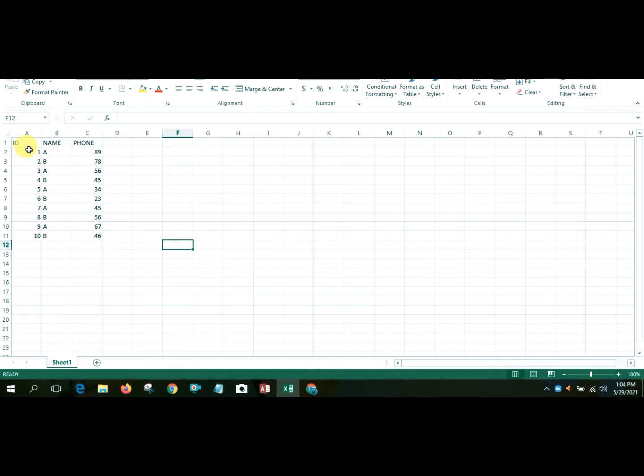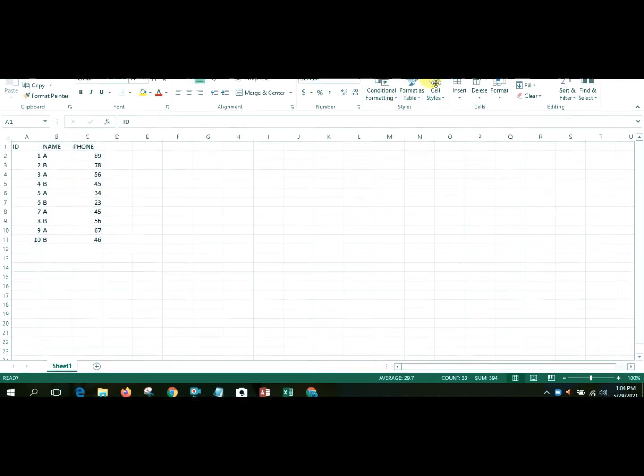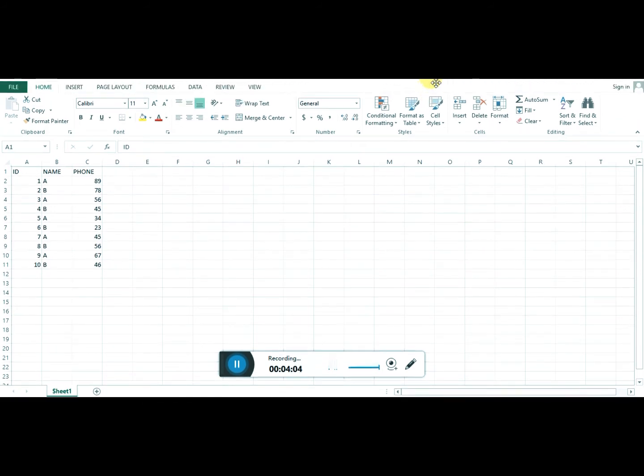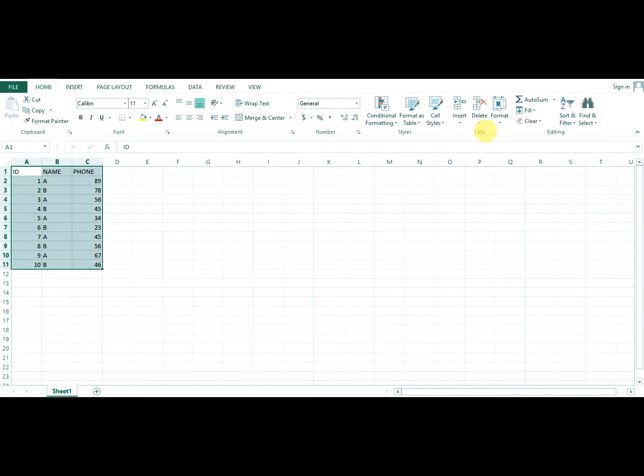Select the table, after that click on the Home tab. Next, on the right side you can see the Sort and Filter option. We already discussed sort in the last class. So now filter. I want to use filter, so click on filter, and you can see the filter is inserted in my table.